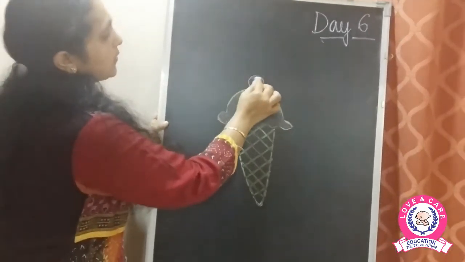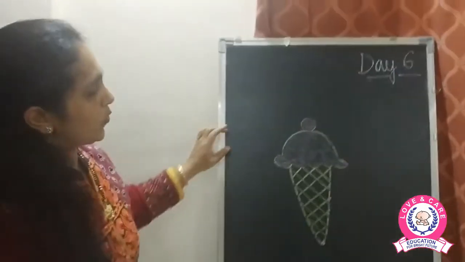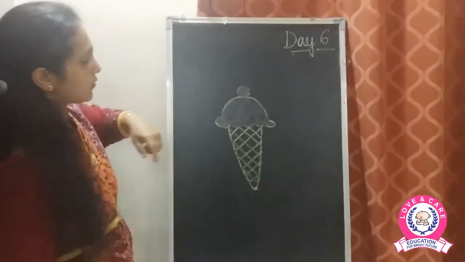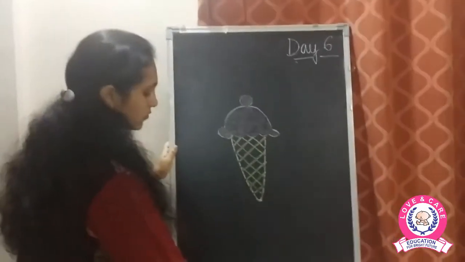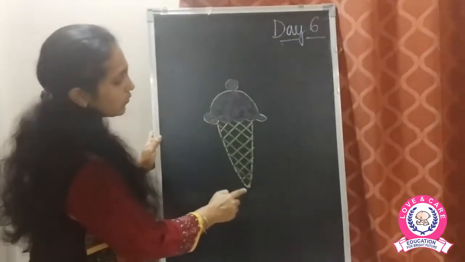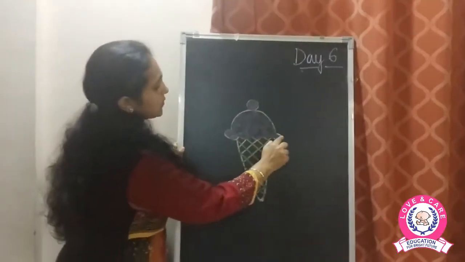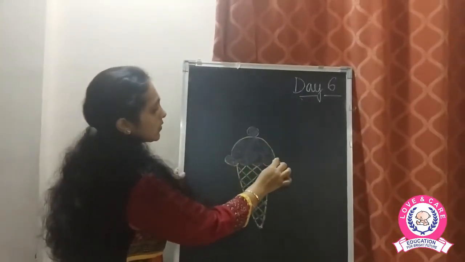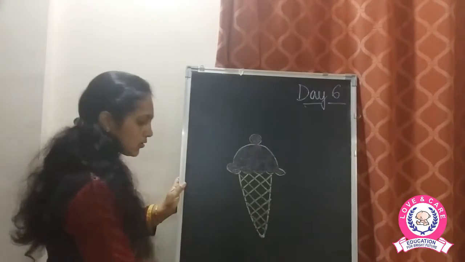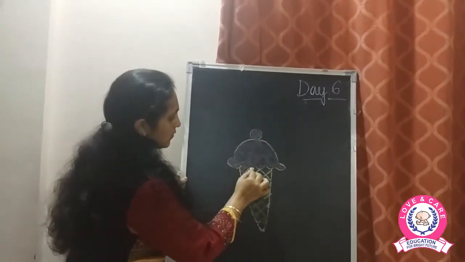You can draw this on any of the paper you have, white color paper, and then of course we have a cherry up here. If you want you can make another scoop also. So what will you do? First you make a V shape like this. Then यहाँ पे you have to just make bumpy curves, and then here you have to join it using a half circle, and then you have to color it. And you have to color it here also.